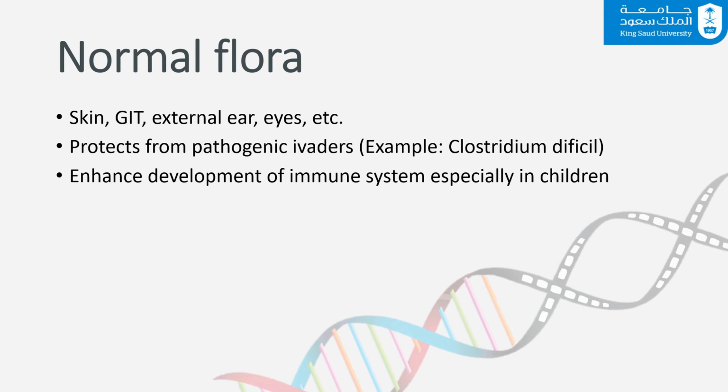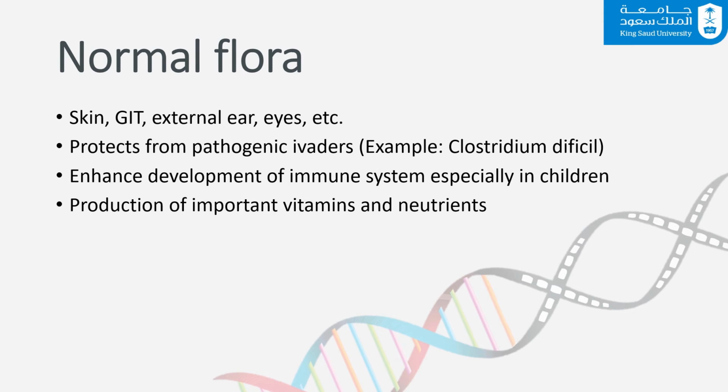Also, the normal flora enhance the development of the immune system of the baby. Moreover, the normal flora help us very much in production of important nutrients and aid in the digestion and absorption of them. So, for example, a lot of bacteria in our GIT produce vitamin K, and this is why, for example, when a newborn is born, it is typical to give them intramuscular injections of vitamin K because they do not have a lot of bacteria in their gastrointestinal tract, and that puts them at risk of vitamin K